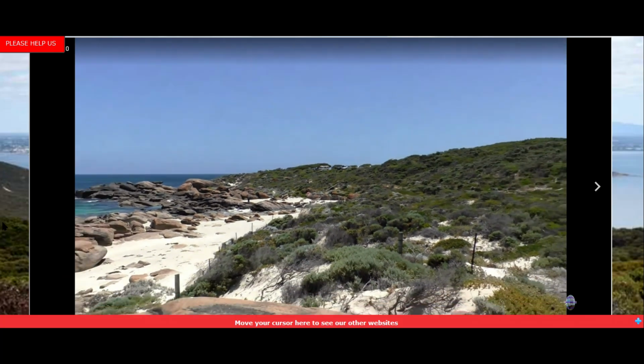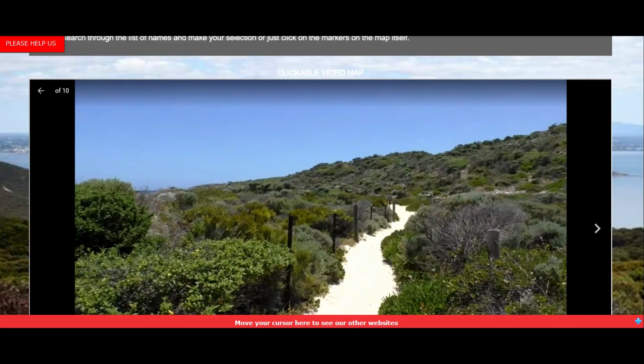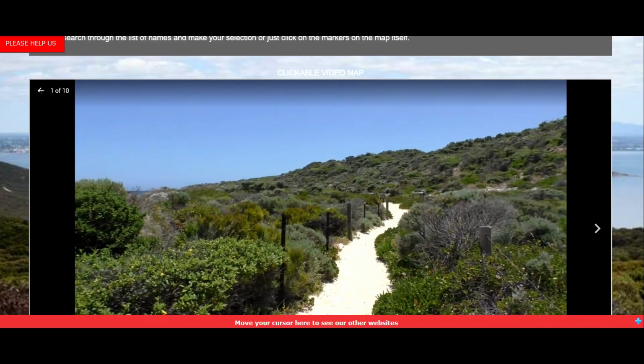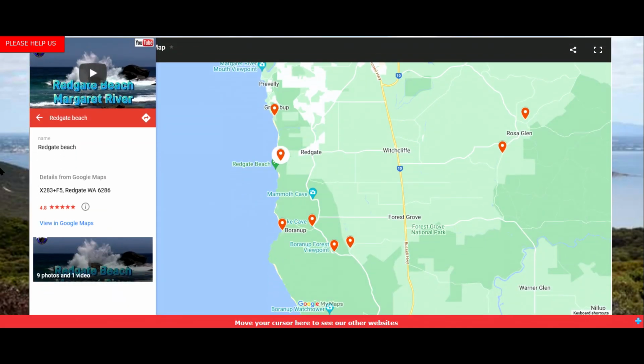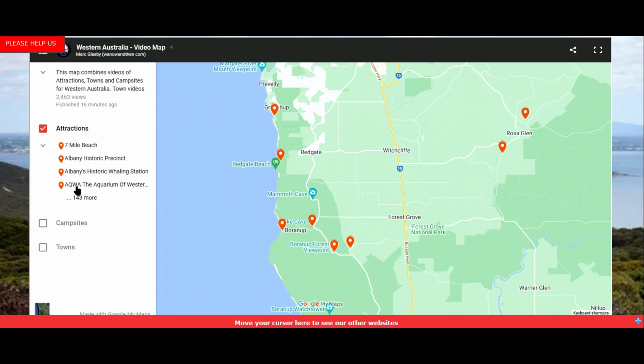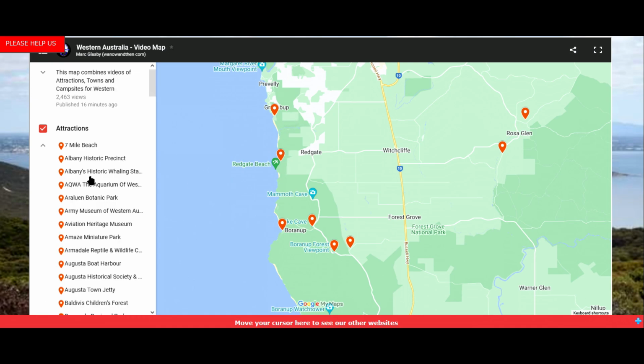Now to get back, click back on the back arrow at the top of the video. That will take you back to the main screen, and to go back to the contents, click the little arrow there and you're back at the contents section. Now instead of looking on the map, if you're looking for a specific place, you can also scroll through the list at the side here